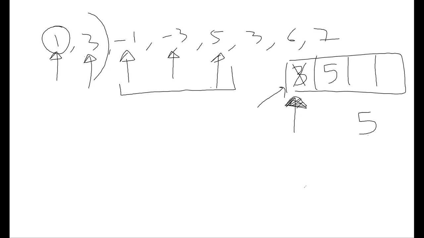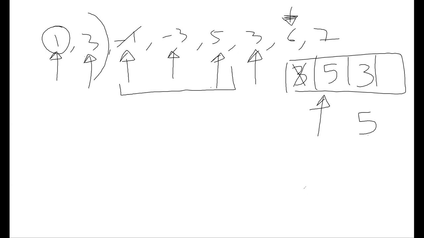So now this is the head of my queue structure, or the auxiliary data structure. And this will point to the maximum. Similarly, moving ahead, my next element to be added is 3, and my element to be removed is -1. It's not there, so I'll keep moving ahead, till I add 3 and then 6.